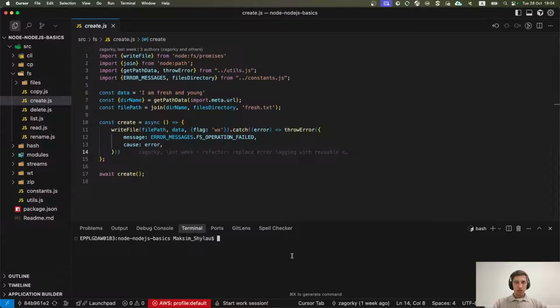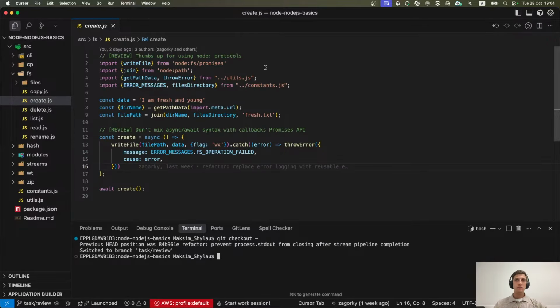Okay, I left some comments. From time to time I will switch between my version and the student version. The first important thing is that the student used the node protocol here. You can see that it's not just fs/promises and it's not just path. It starts with node:, which is recommended by the Node.js documentation since version 14, if I'm not mistaken.